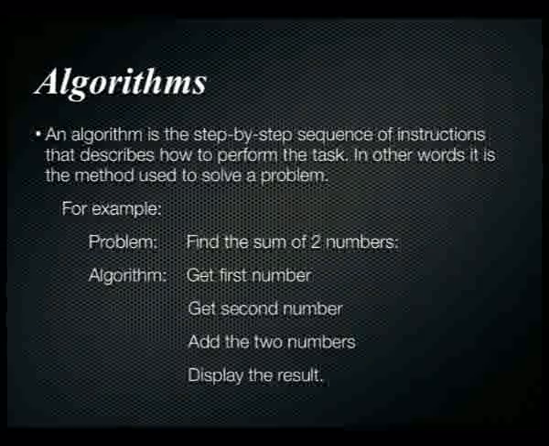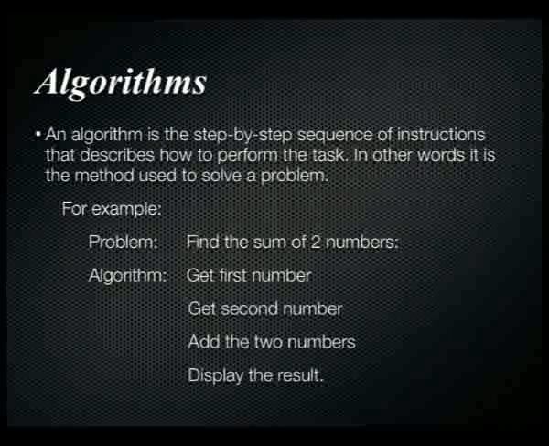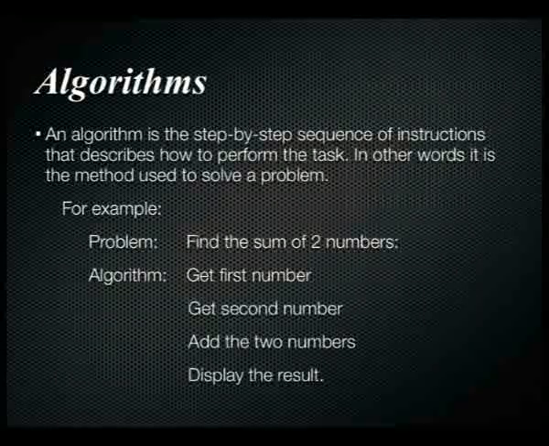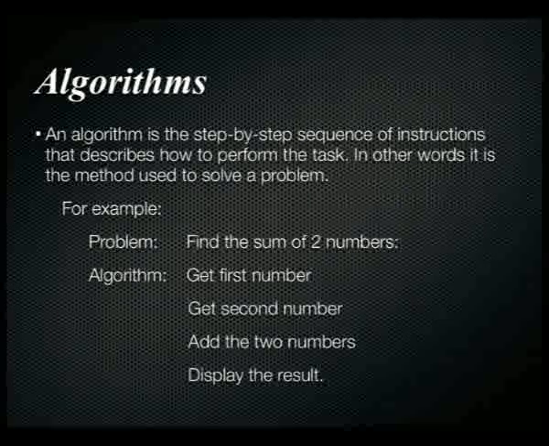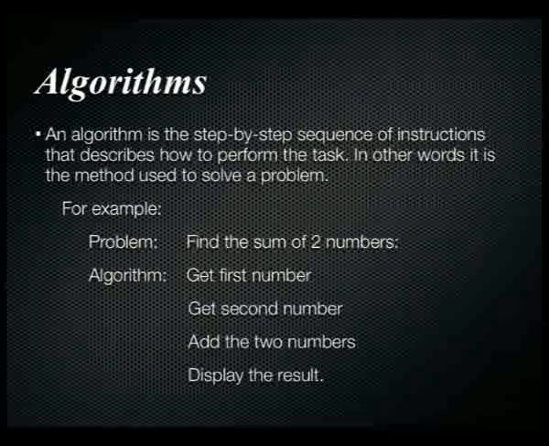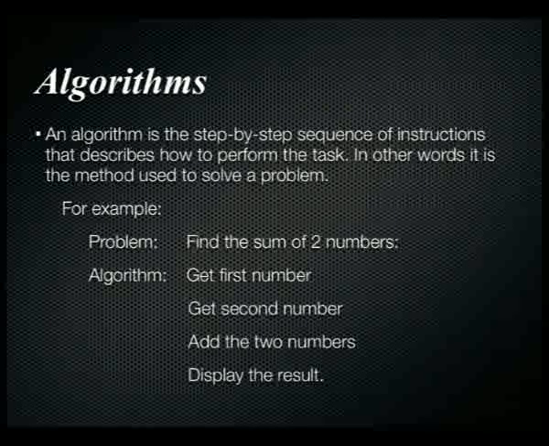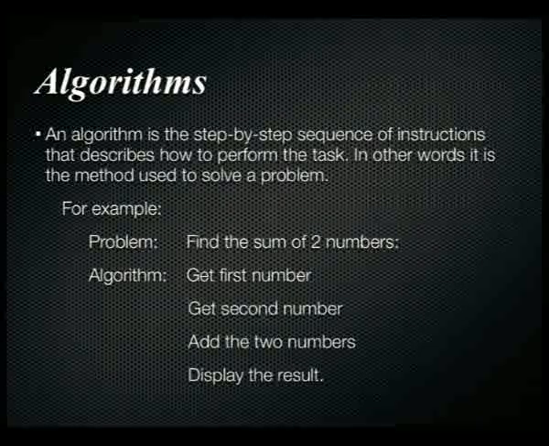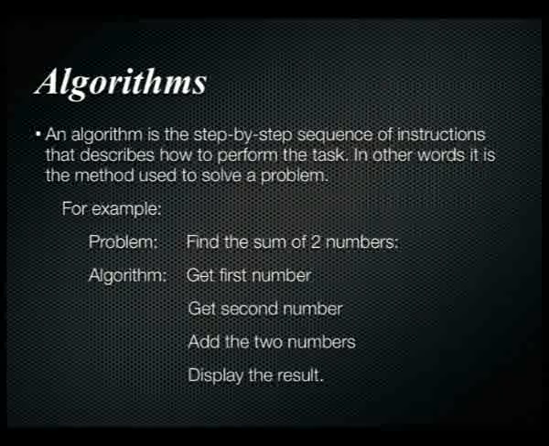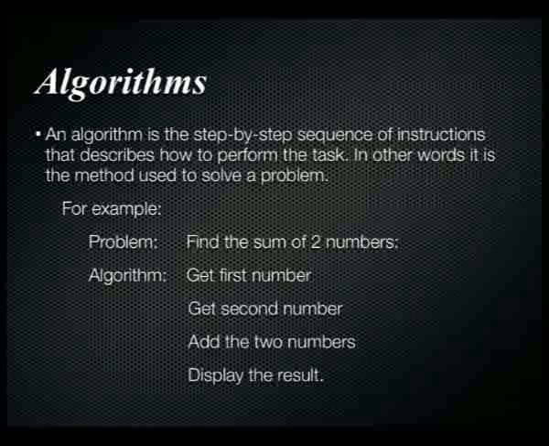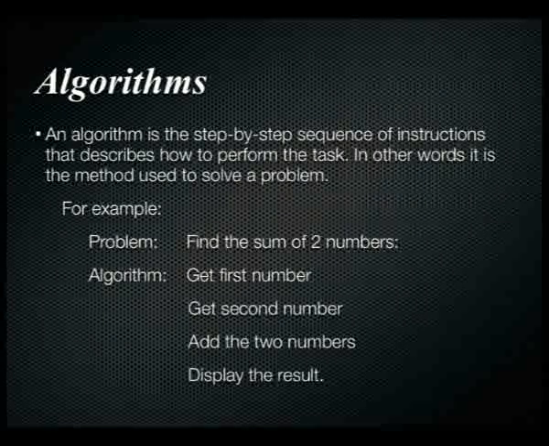So an algorithm is a step-by-step sequence of instructions that describes how to perform a particular task. In other words, it is a method used to solve a problem. Writing code is not the difficult part. It is writing the algorithm or solving that problem. If you can sit down and write an algorithm that clearly outlines the steps that must be performed in order to solve a particular problem, then writing the code is nothing more than translating those independent steps into